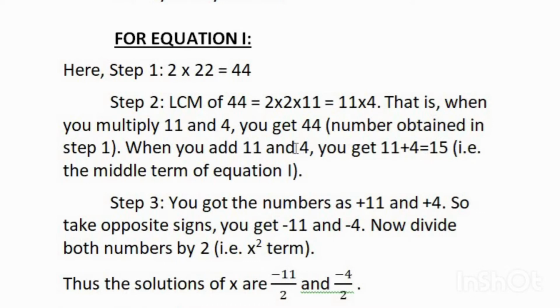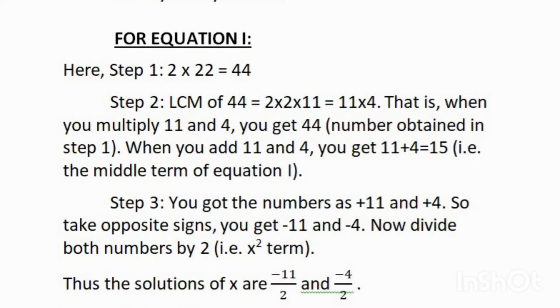So in the school we studied, we write (x + 11)(x + 4) = 0. From that we will get x = -11 and -4, right? So you got the numbers. When you get the numbers with a plus sign, take the opposite of that. Here you got plus 11 and plus 4. So take the opposite sign so that you will get minus 11 and minus 4, and divide those numbers with